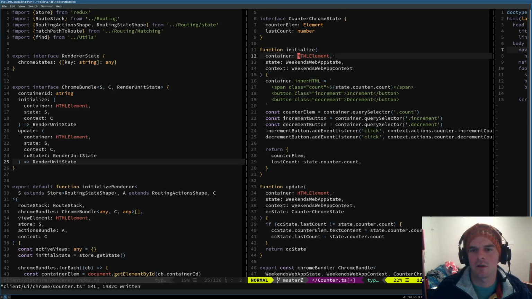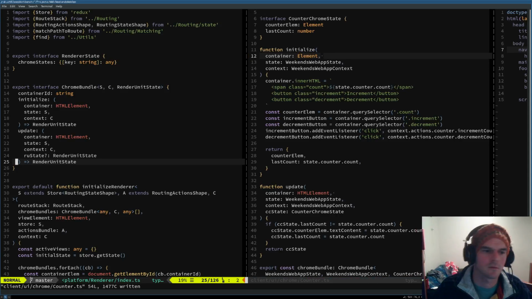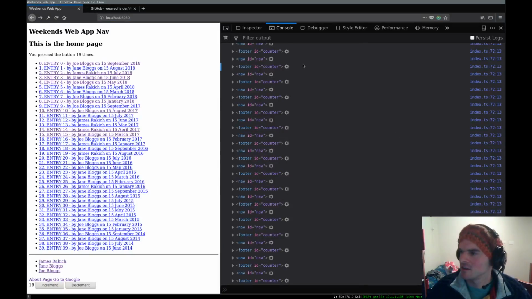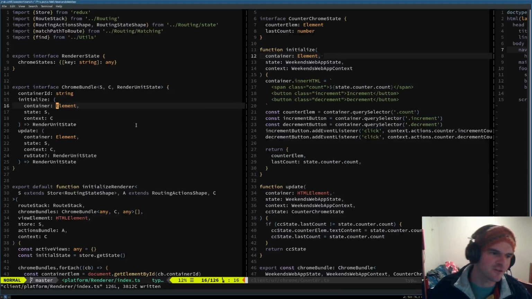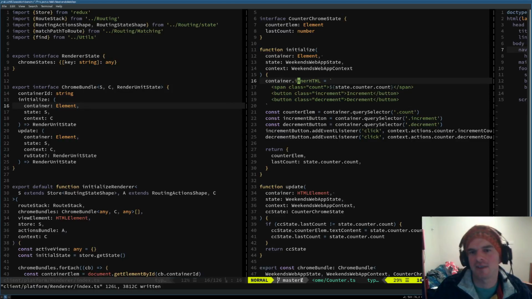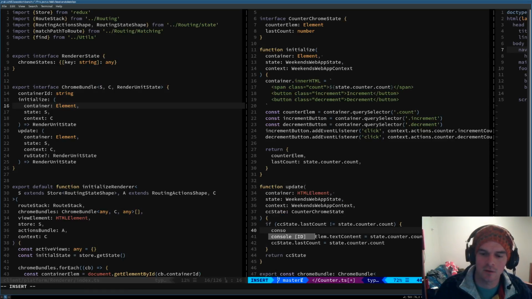Speaking of that, I believe this would actually be a safe typing as well, because HTML element is descended from it. So HTML element is actually this element up here. So I should stop doing that. All right, element, good stuff. So now that we've done that, we've got ourselves a concept of this recurring state, right? And hopefully we can see